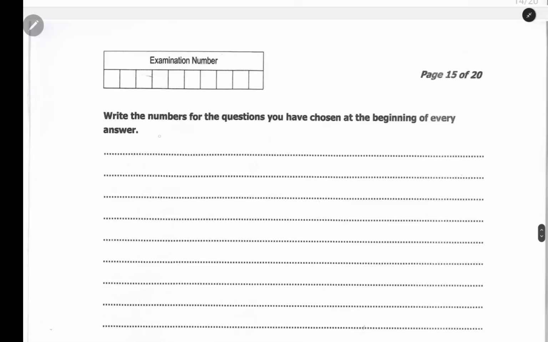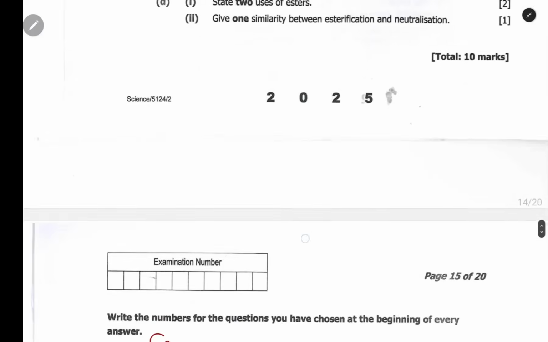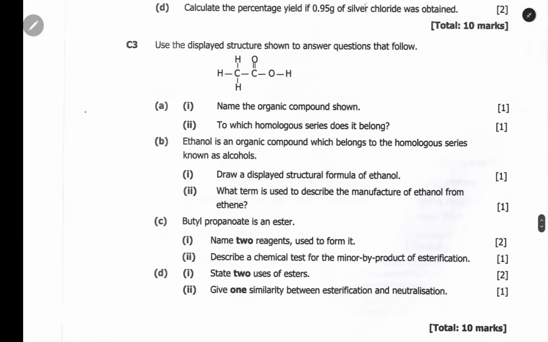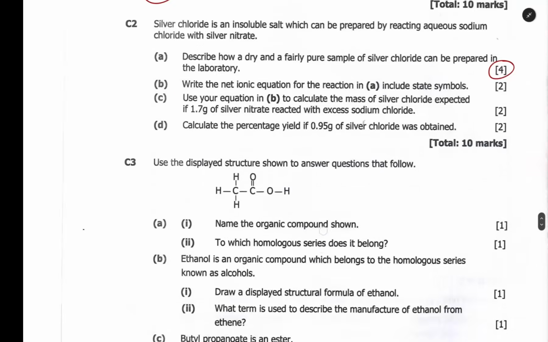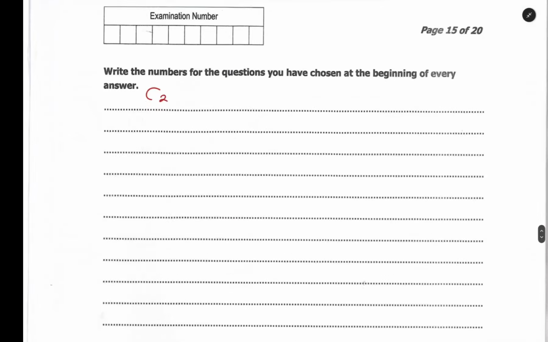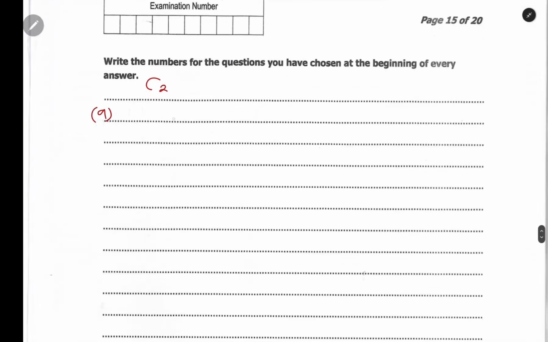So we are going to go to the spaces. So we're going to use this space, that is for C2. So for C2, we are answering question A. So C2A. So here. So how is it? So 1, mix aqueous